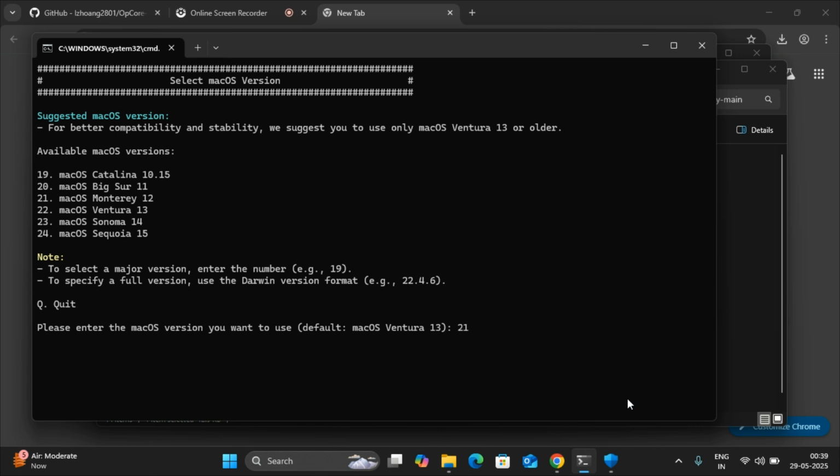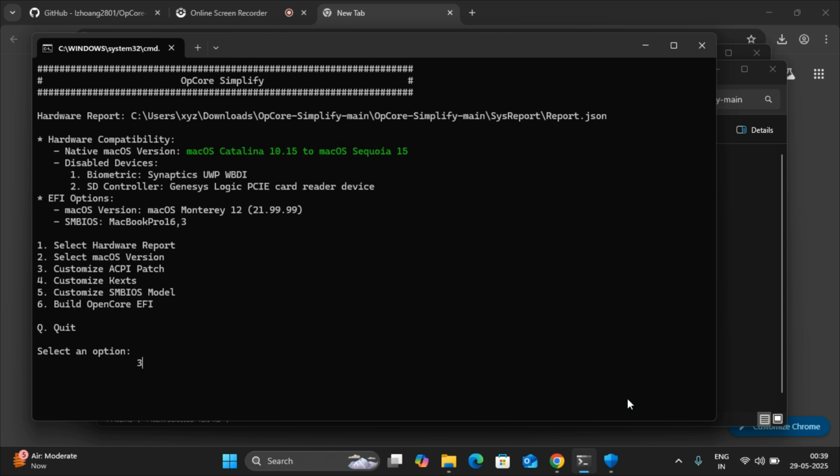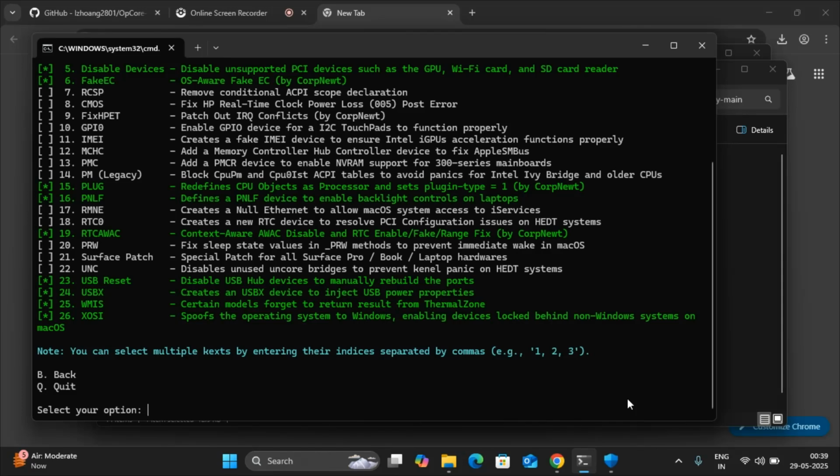We have selected macOS Monterey 12. So next for the ACPI, I selected all those. I'm selecting B for going back.